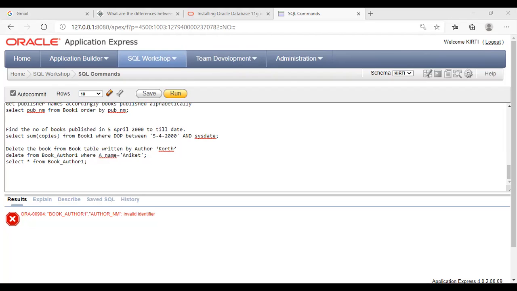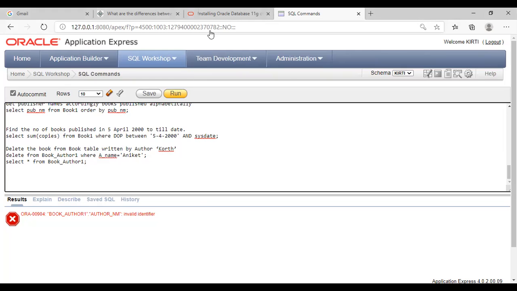Inner join means just those that are common in both tables get displayed, like an intersection. Whenever two sets are there, what is the intersection? That is nothing but the common values in both sets. So using inner join, the book ISBN is common. So these 5 book ISBN numbers are common in the book 1 table and in the author 1 table. And with respect to that book ISBN number, the title and author name get displayed. So how to write this particular query, I will show you.